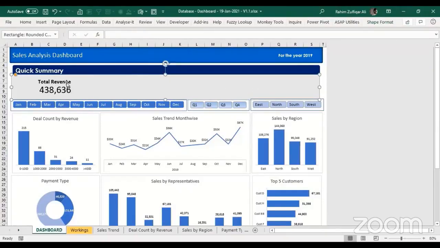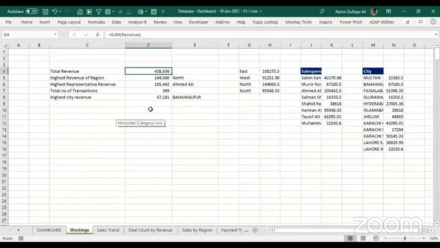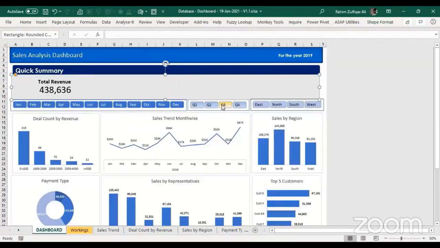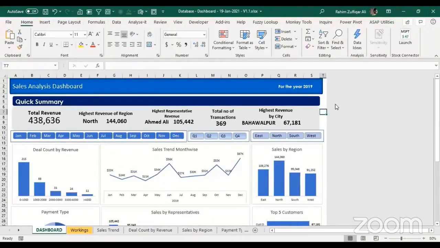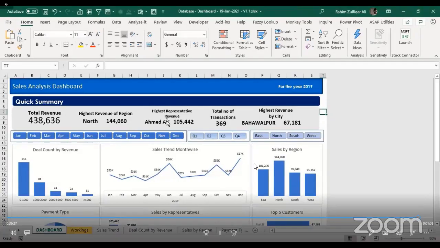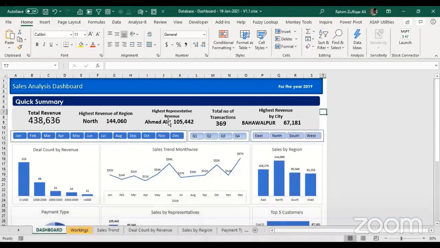So similarly, we will add all the text boxes of all these key important numbers, and after that, our dashboard will be completed. So now we got all our key numbers like total revenue, highest revenue by region, highest revenue of a representative, total number of transactions, and the highest revenue by city. It could be definitely more key figures or key numbers you would be interested